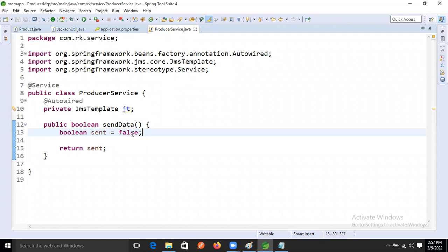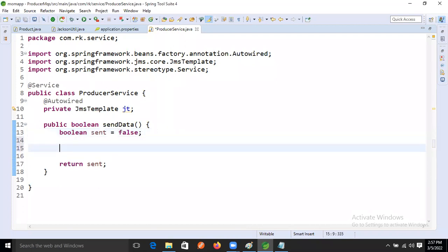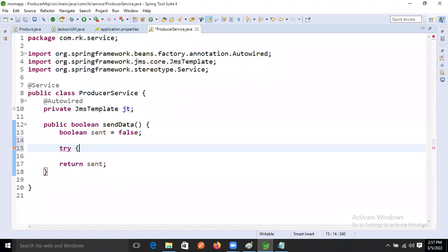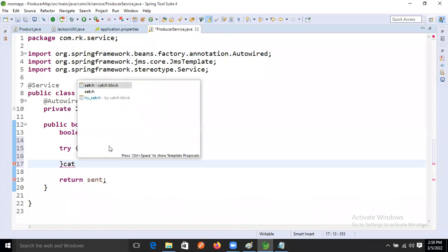Now fine, guys. Our responsibility is to define the destination name of this application. That means we need to send the data using the JMS template. It has one method. What is the method name now, guys? Anyone remember it? The send method is there. Send method with 3 parameters, I think. Yes, 2 parameters, right? 2 parameters. That one is throwing the exception.